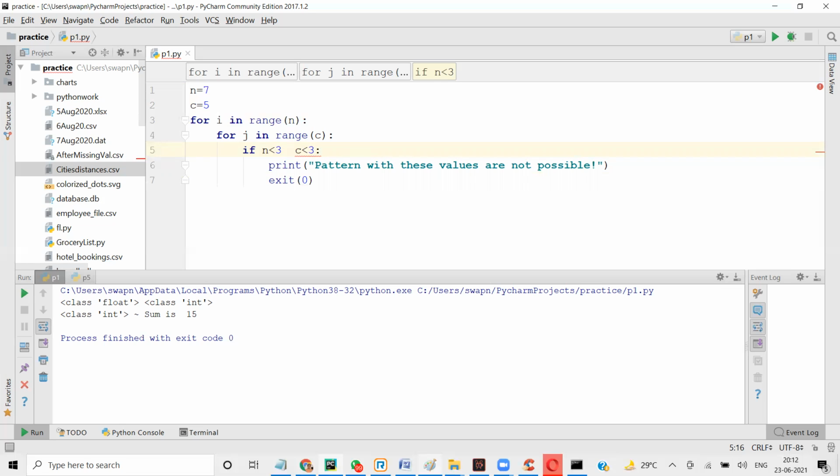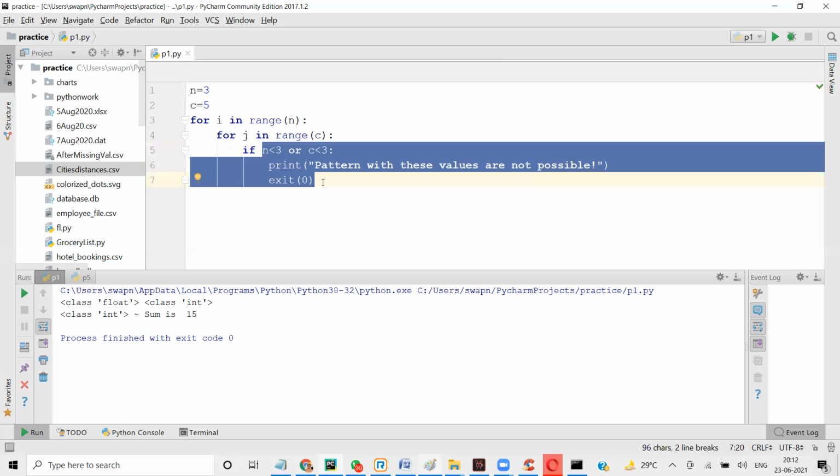So I'm going to say or. Or would mean that if either this or that, if both, also fine, but even one condition is wrong, the entire logic is wrong. So if here I give 3, tell me, will this be printed or not?